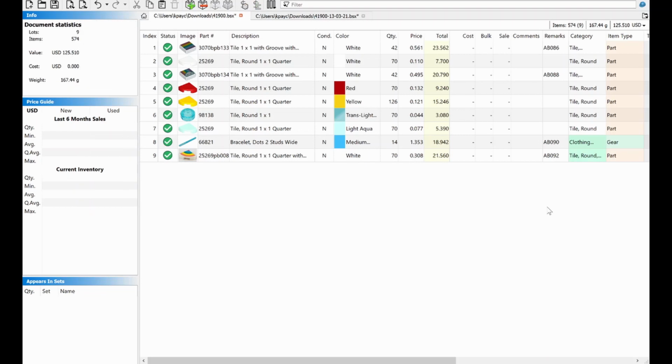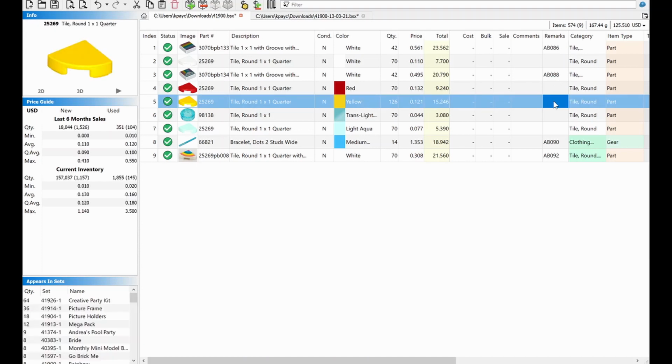Now, had I just uploaded this file and did old numbers or old remarks, it would still pull in the old remarks from the old lots. However, if I wanted to change this one, and I go AB100,